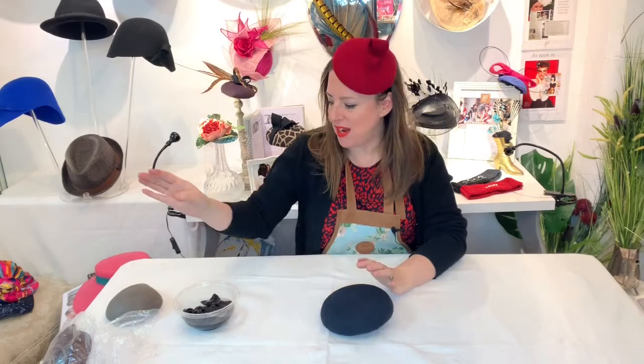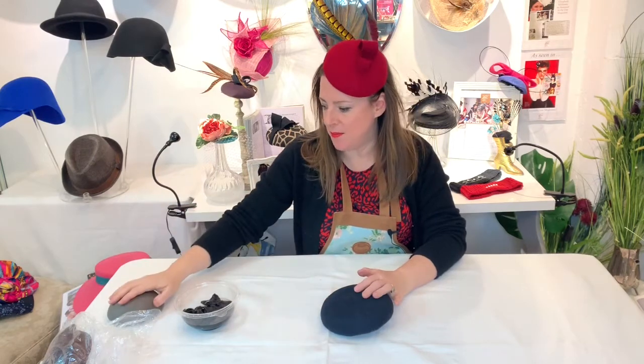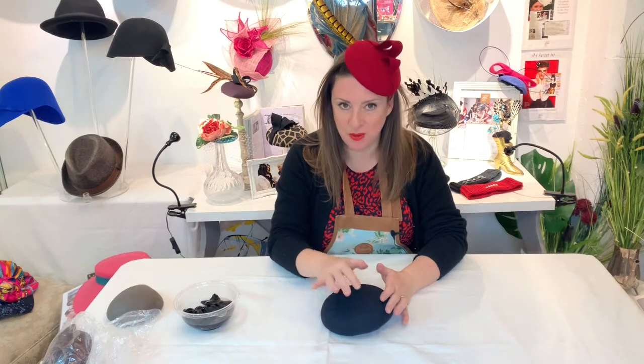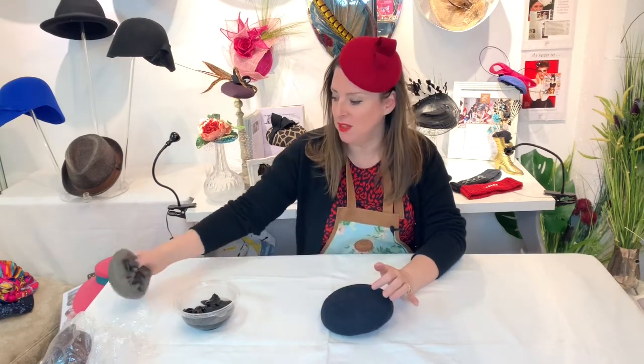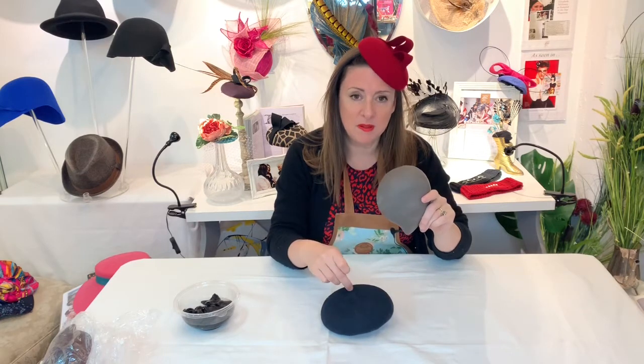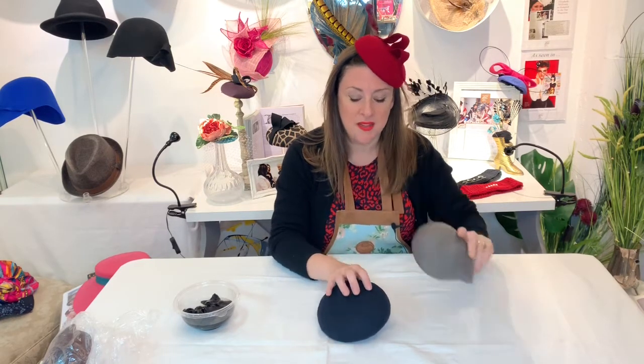Okay, so we have now got our piece that we've already blocked, and then I've got a button piece that I want to show you and just block with this one as well, because this is much more difficult than the other one that we just did, because that's a bit flatter. So I'm going to work with this one with you,